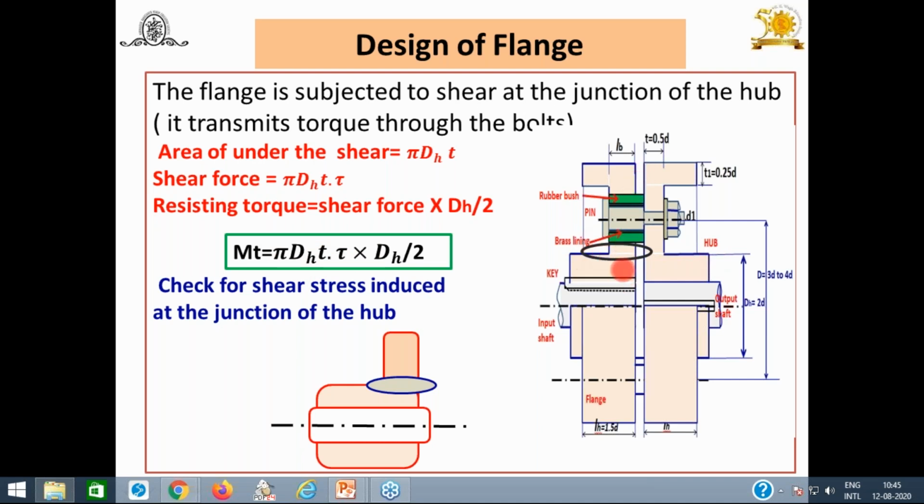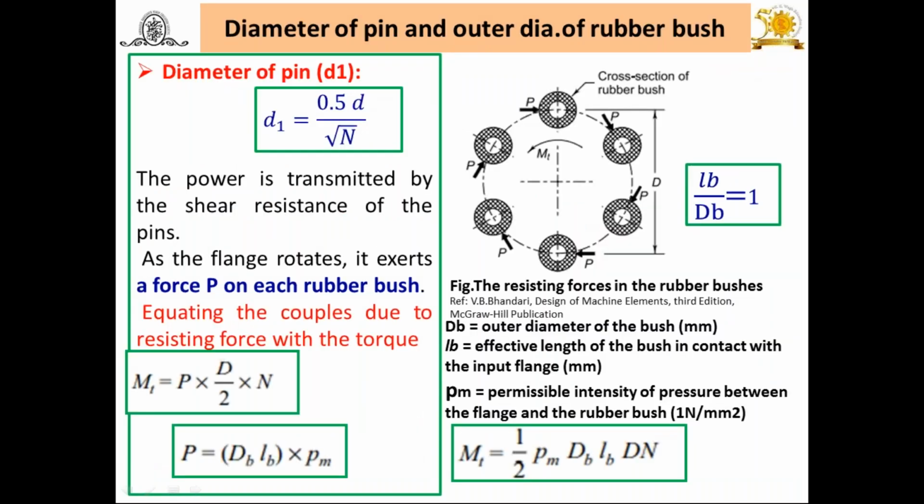The same procedure we followed yesterday for the rigid coupling also. That means up to the design of the flange, the procedure is the same. That means design of shaft, design of key, design of hub, and design of flange, the procedure is the same. Only the nomenclature is changed, that is dh, and thickness of flange, that is t. There is no more difference between rigid and bush coupling. The only difference is that instead of nuts and bolts, a bush pin type pin and nut is used to connect the input and output planes. Now let us see what that difference is.